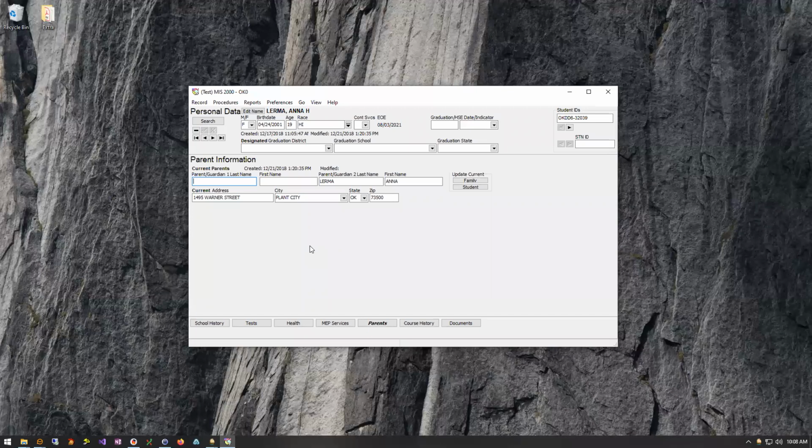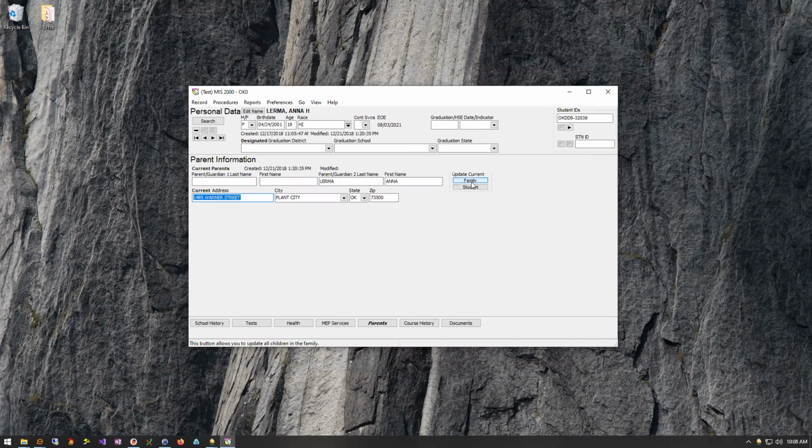So it would be a case where maybe the family moved to a new address and there's no new move, no reason to make a new COE, but you want to keep a record of their current address. You can come here and update